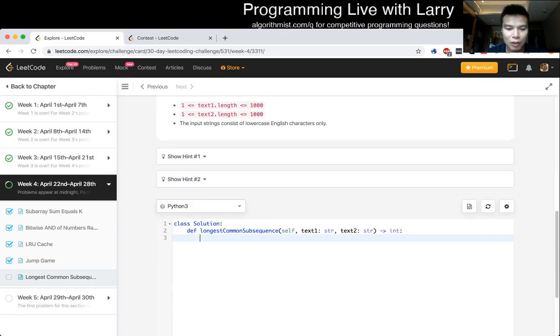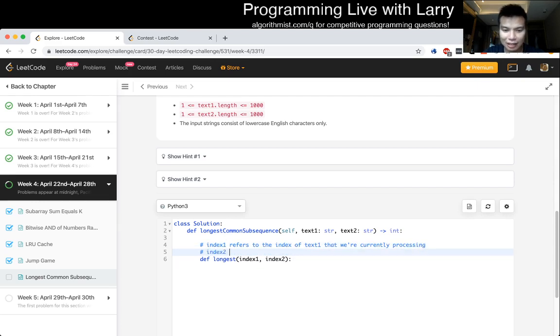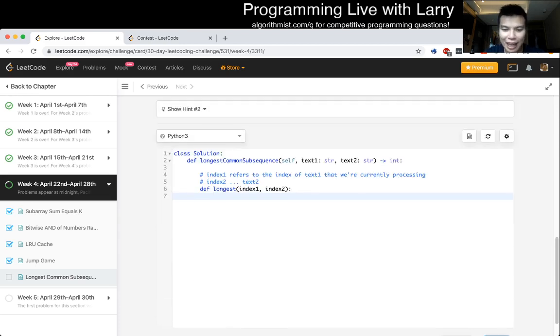Yeah. So now I'm just going to start with a recursive function. Naming is tough, but I'm just going to call this longest, with index 1 and index 2. Here, index 1 refers to the index of text 1 that we're currently processing. Index 2 is the same thing for text 2. Okay, and then now,